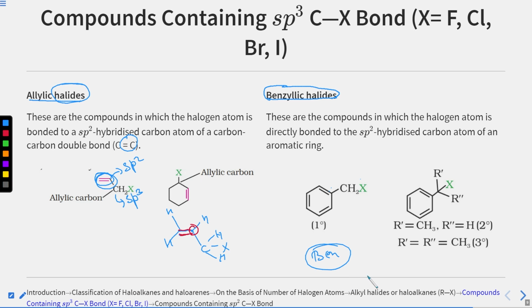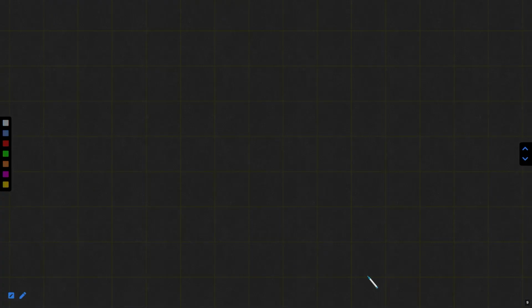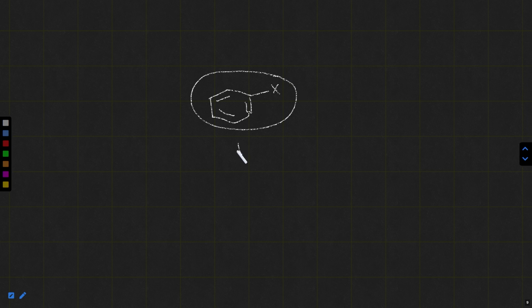So I have told you in the starting also why it is important to study the classification, because sometimes you may be told that a vinyl compound is taken or a benzyl chloride is taken, and in that instance you will get confused about what is this benzyl and what is this aryl. Now what students make a mistake on when identifying benzyl is this: they say, okay, this is our benzene. Now if we see this one, then do not call it benzylic